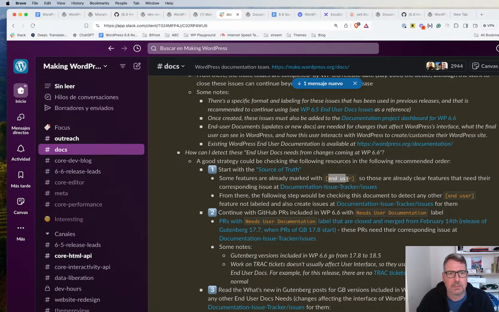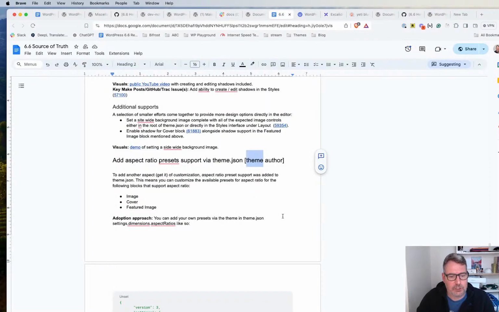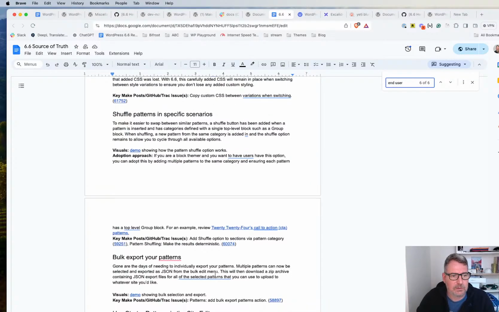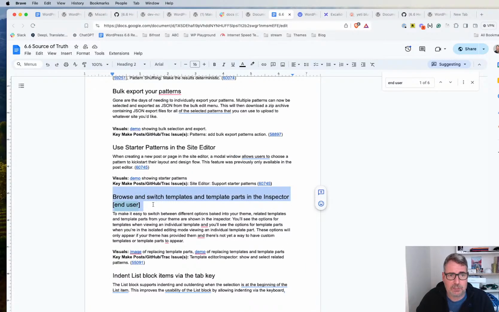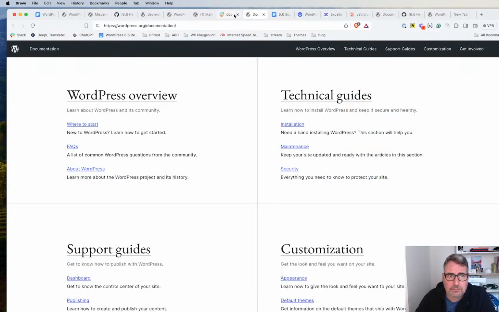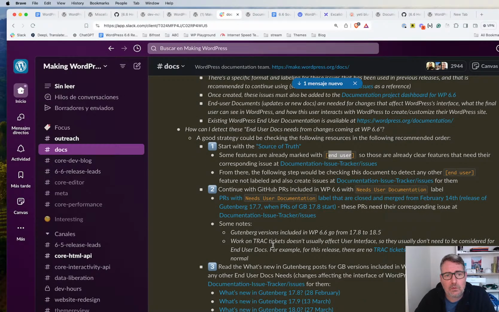Yeah, end user. So in this document, if we check for end user, we can see that some of the features are already marked as features that require end user documentation. So we can start from there. Check in this document the features that require end user documentation, understand what the update is about, and create the proper issue. Once we have that, we can go and check the Gutenberg